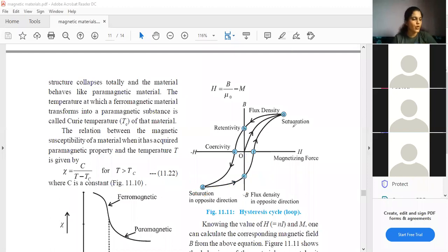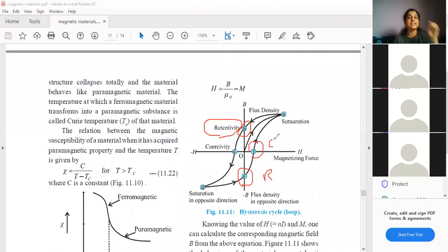So here, see students, what you all can do is note down this E point that is there. Okay, this E point is equivalent to your B point. So besides E, write down retentivity. Okay, besides E, write down retentivity, and your F point is equivalent to your coercivity point. Okay, so besides F, write down coercivity. So you all can see this is one complete cycle. The part that I explained to you all in the upper half, the same is happening in the lower half. So this is one entire hysteresis cycle or one entire hysteresis loop.